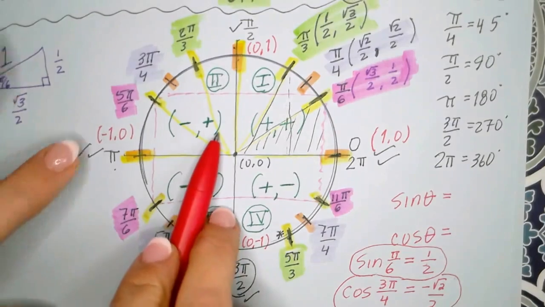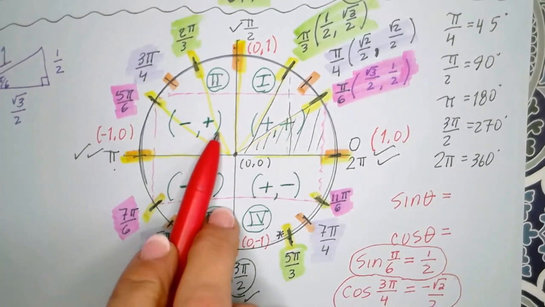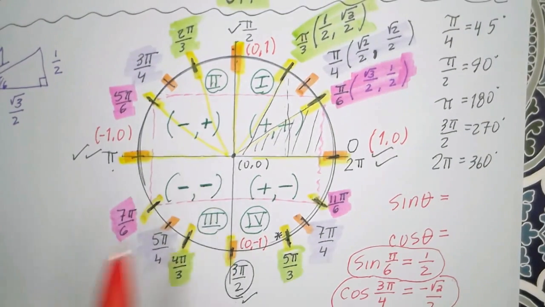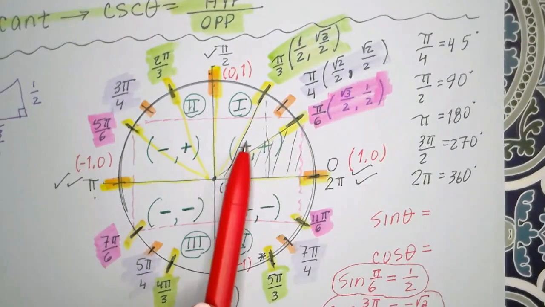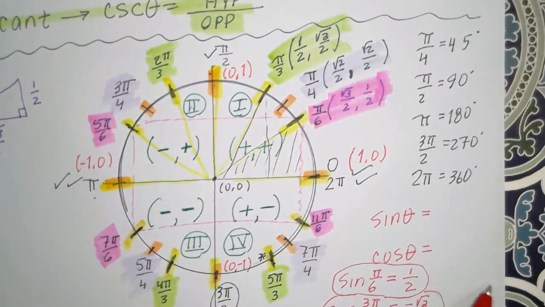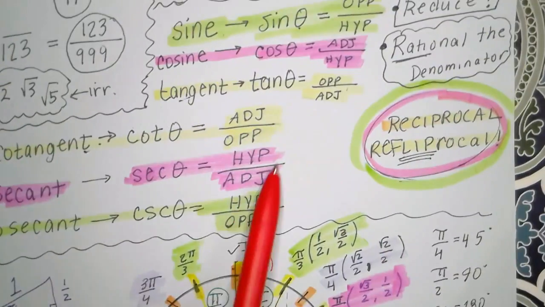So the hypotenuse on the unit circle is always 1 because it's the unit circle. We made it 1 on purpose so that we could shortcut it and just use the legs of the triangle. And always our hypotenuse will be 1. So sine and cosine are essentially done by knowing the circle. Then to do the others,